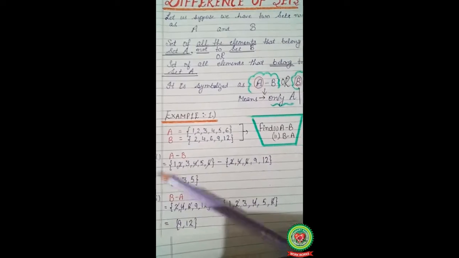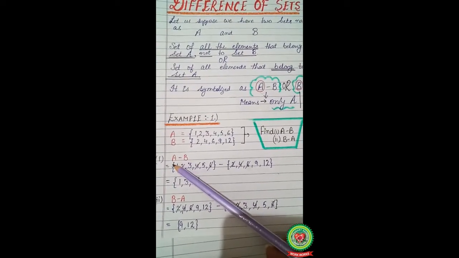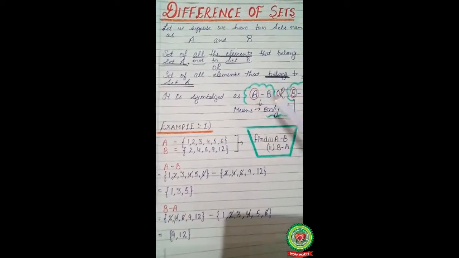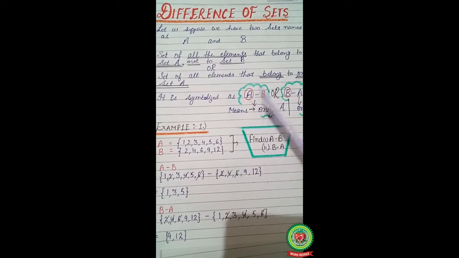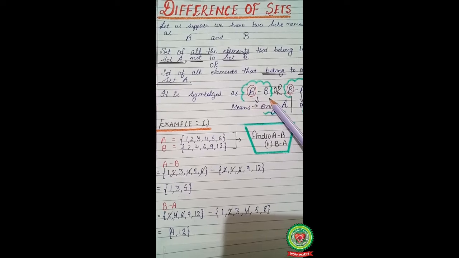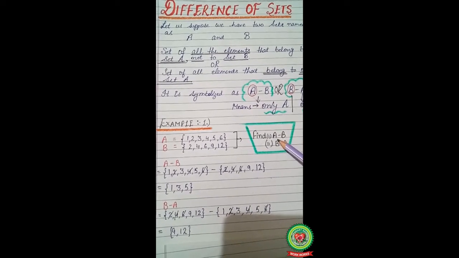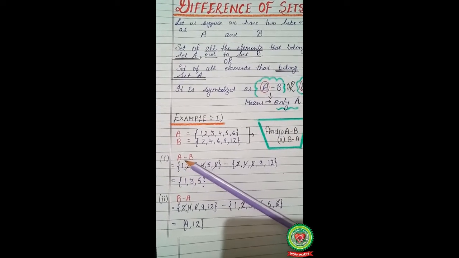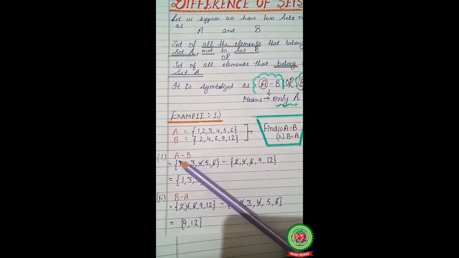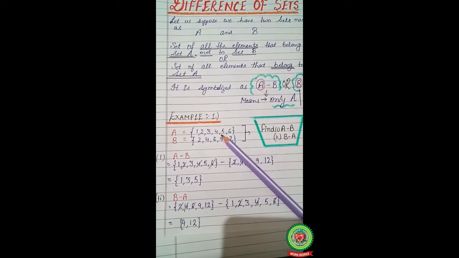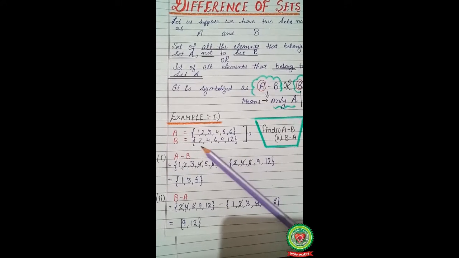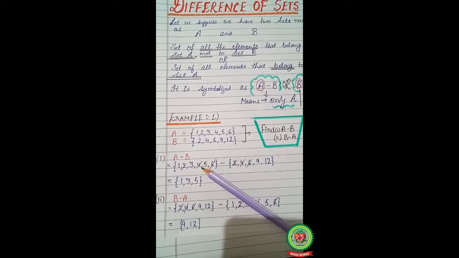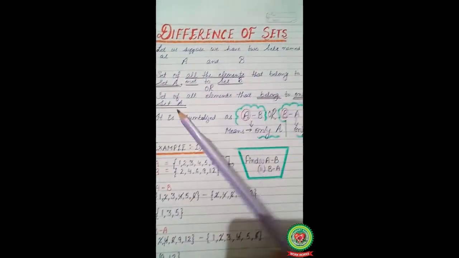Your first step is to find the difference between A and B. First of all, you will write A minus B, because whenever we need to find a difference, we write A minus B or B minus A, whatever they have asked. In the first part, they have asked to solve for A minus B. So we will write A minus B. Now what is A? You will write all elements of A from the given question, and minus, you will write all the elements of set B. Clear?